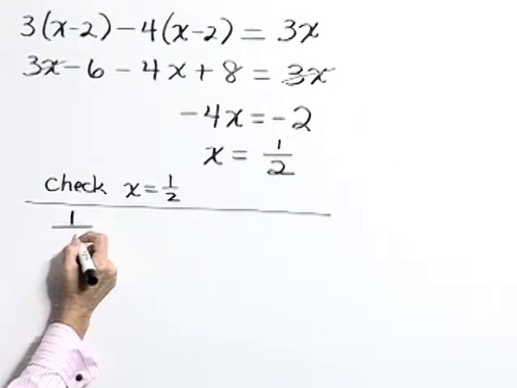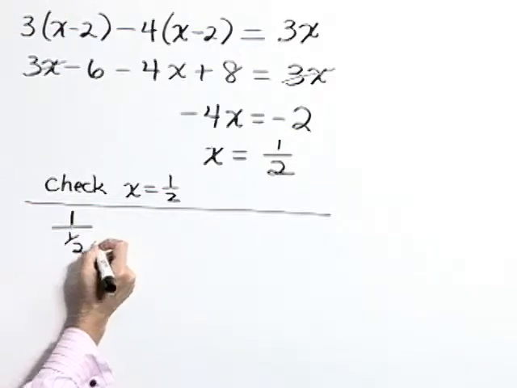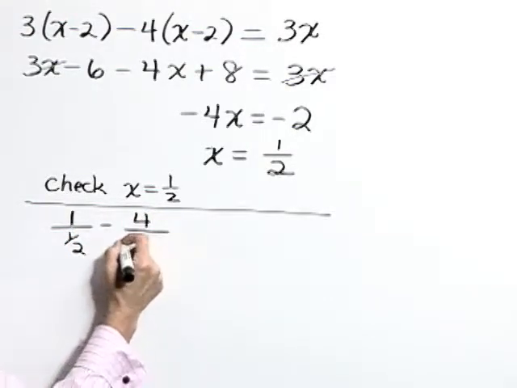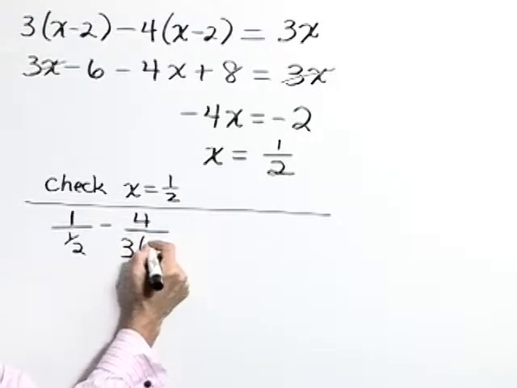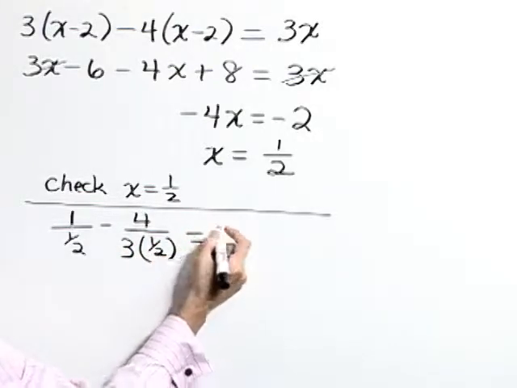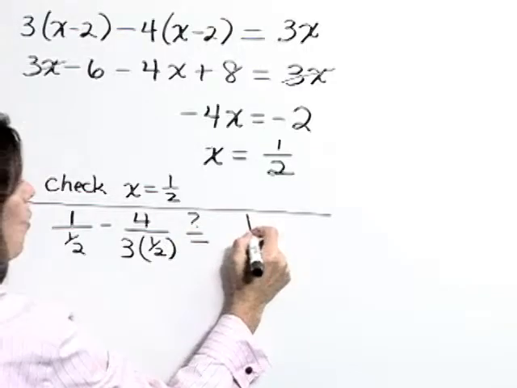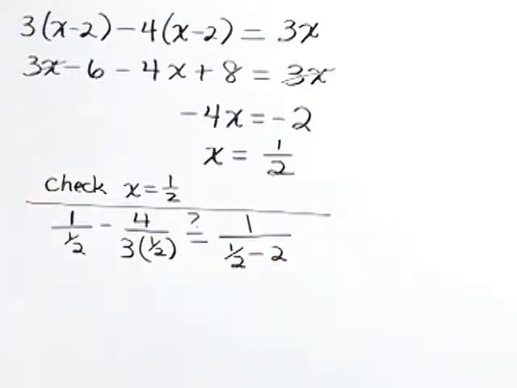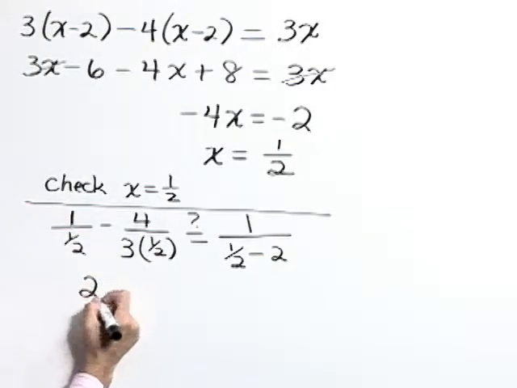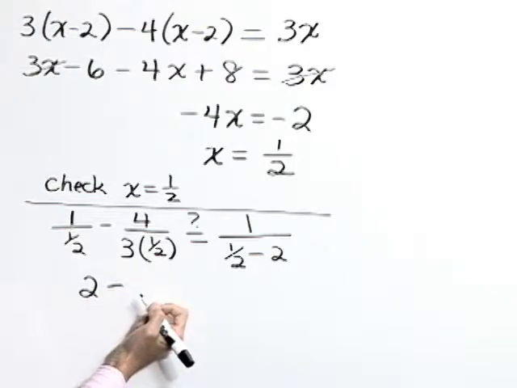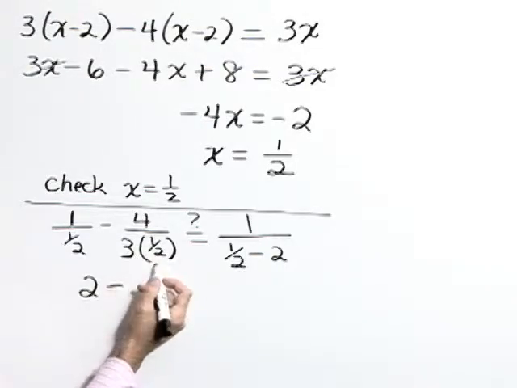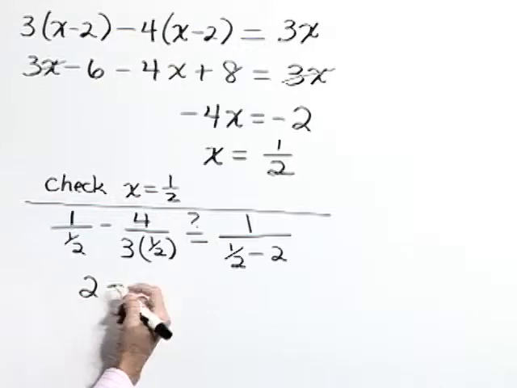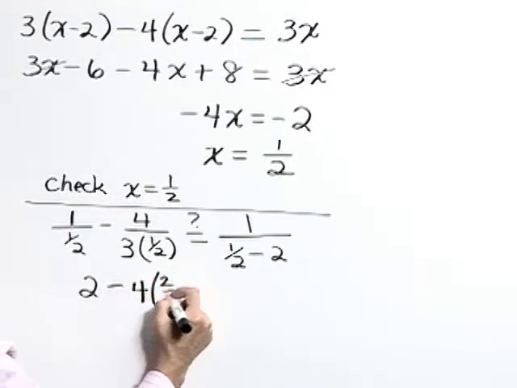So 1 over x, or 1 over 1/2, minus 4 over 3 times x, or 3 times 1/2. Is that going to be equal to 1 over x minus 2, or that's a 1/2 minus 2. Let's clean things up. Now, 1 divided by 1/2 is actually 1 times 2 over 1. That's 2. With our second term, in the denominator we have 3/2, and 4 divided by 3/2 is 4 times